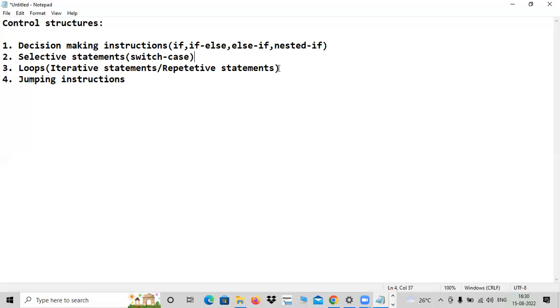And then loops. Repetitive statements, iterative statements, or simply loops. What are the loops? While loop, do while,